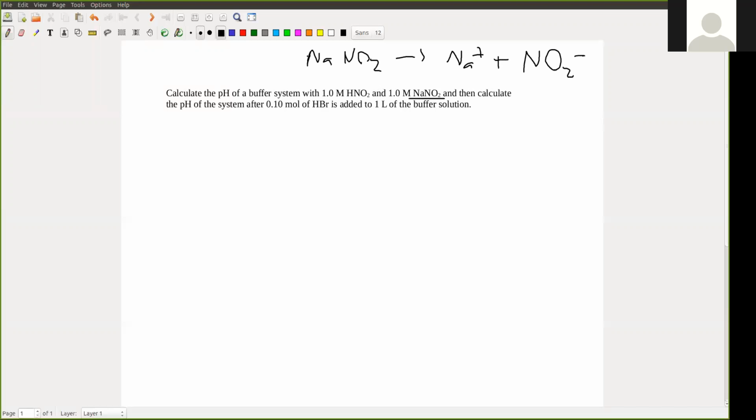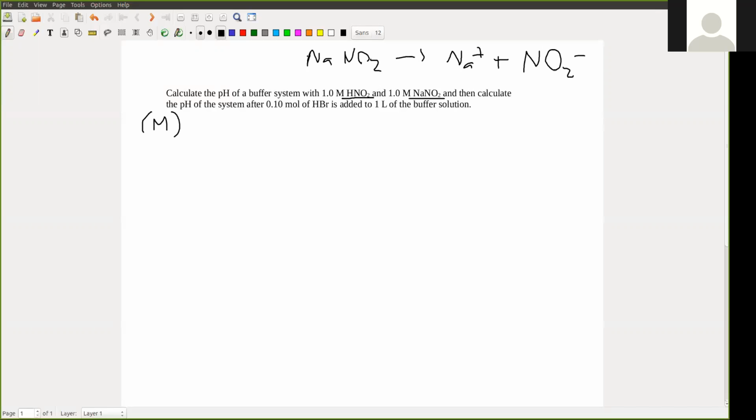So whatever concentration we had initially of sodium nitrite, as soon as it hits solution, we now have that same concentration of sodium ions and of nitrite ions. So our initial concentration of nitrite in this buffered system will be 1.0 molar. So we're going to start our ICE table by signifying that we're dealing in molar,